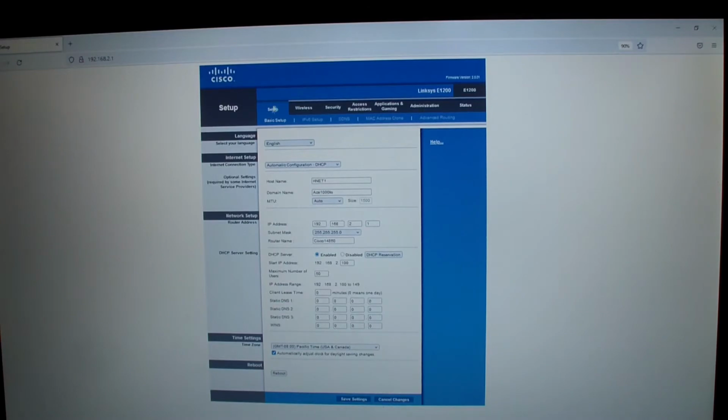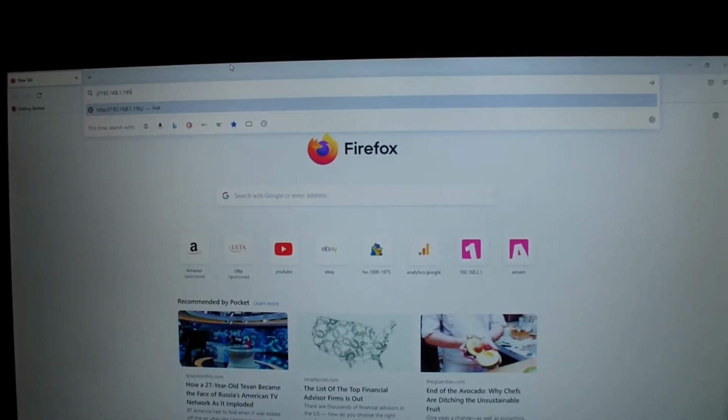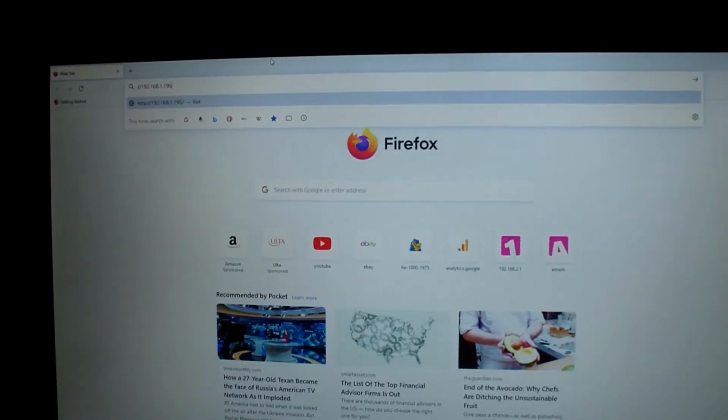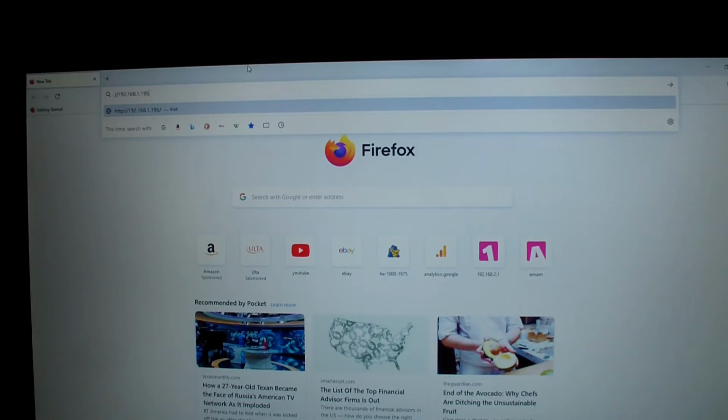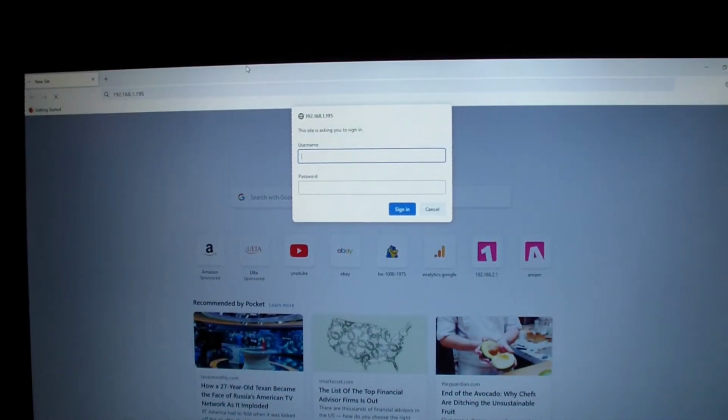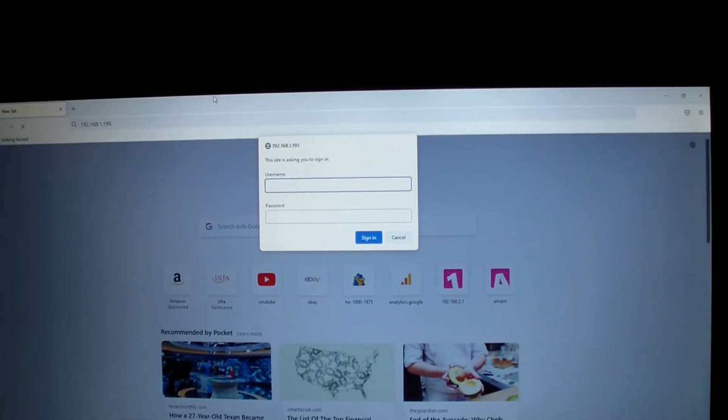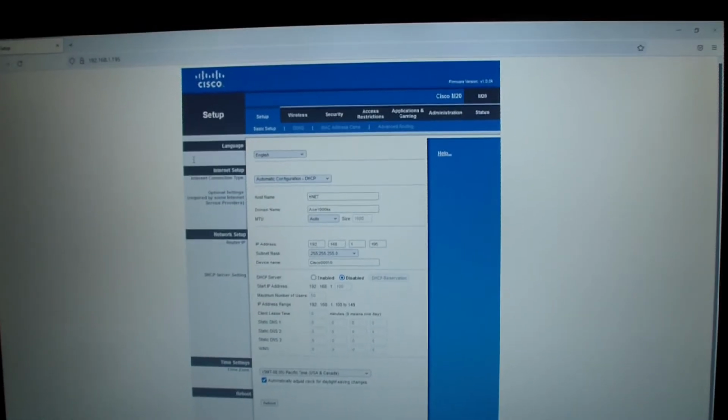So I'm going to get out of it and show you the next part. Now I'm in my other network, which is my main network. So I have a different IP address for that router. It's not 192.168.2.1. This one is 192.168.1.195, and then I'm going to press enter, and now I could go in here and I'm going to show you the difference between the two. Now I'm in that router, and as you can clearly see, the IP address is